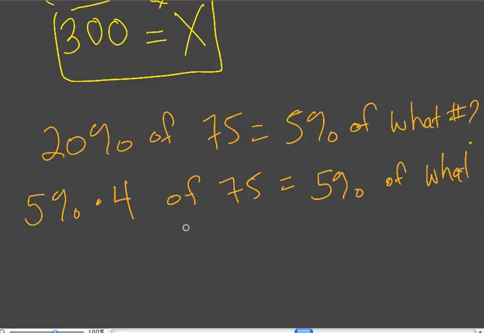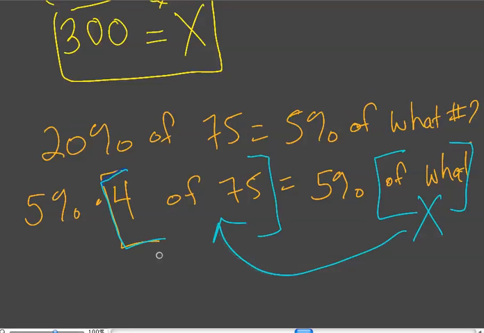Well, you know, this is just saying 5% of this thing. Actually, let me do that in a different color here. 5% of this thing right here is equal to 5% of this thing. And remember, we said of what will be x. So x is just equal to this stuff. In other words,